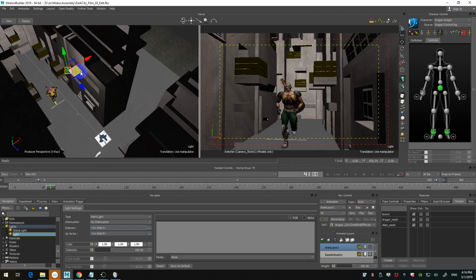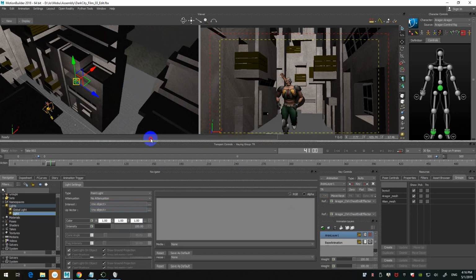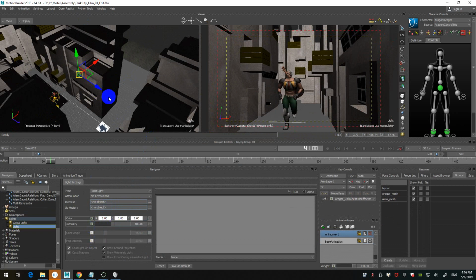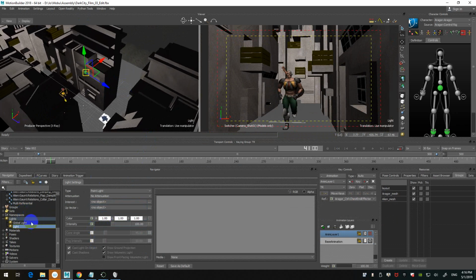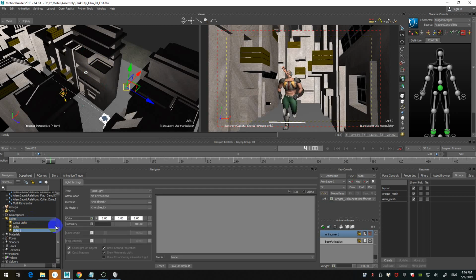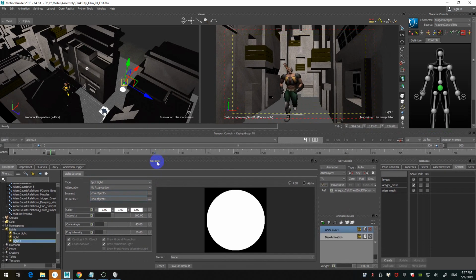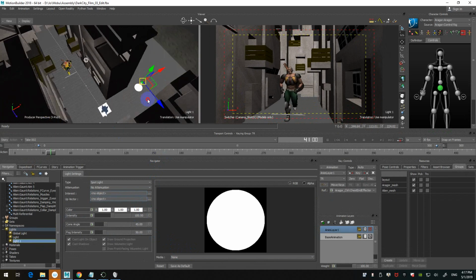Do you guys take lighting classes yet? A little bit? Yeah? Okay. So here you have your basics. You can change the color, intensity. If you insert another one for the spotlight, spotlight is a bit more interesting. So you have obviously more settings. You can animate the light. Also, something interesting is